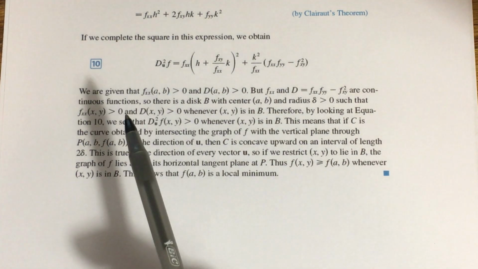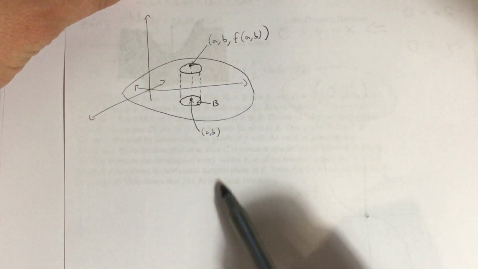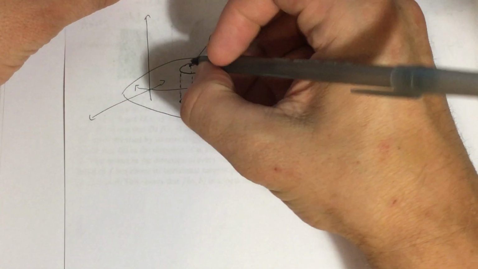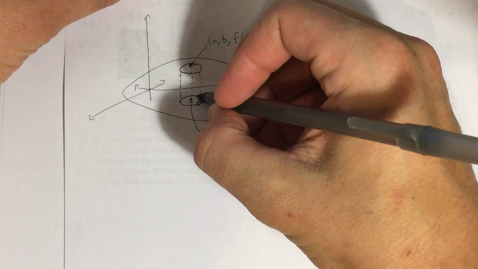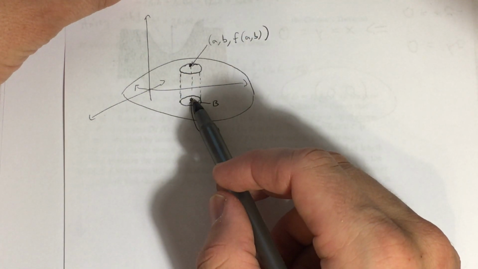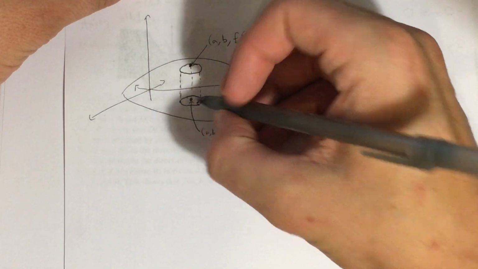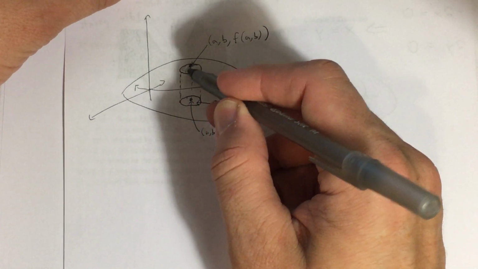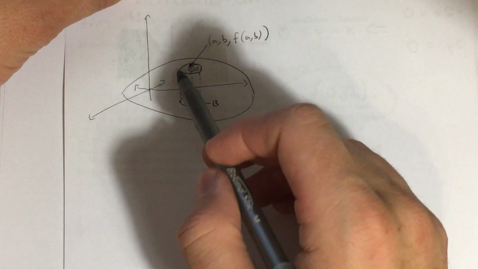If you have a function of two variables which determine some kind of a surface, and if f of (a,b) is a positive number, and if that function is continuous, even if it's a very small positive number, that would imply that we could find a disk centered at (a,b) in the domain, even if it's a very, very small disk, such that if we plug all of the points in that disk into our function, the resulting piece of our